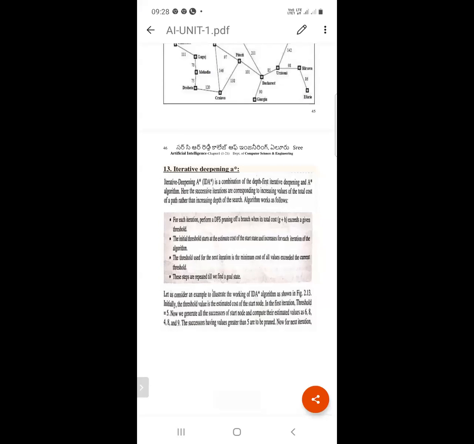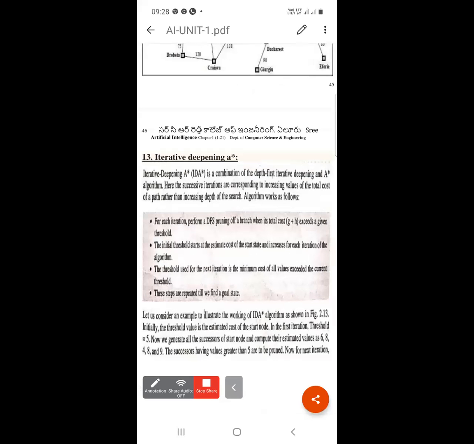For each iteration, perform DFS pruning of a branch when its total cost of G plus H exceeds a given threshold. The initial threshold starts at the estimated cost of the start state and increases for each iteration of the algorithm.